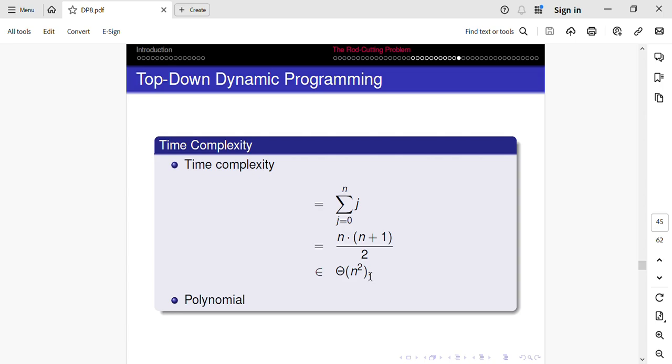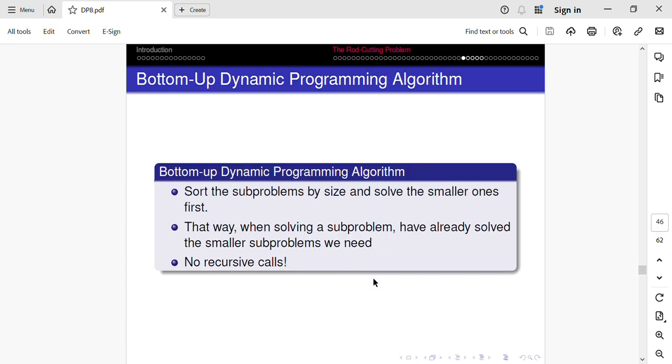So from exponential time complexity we have come to a polynomial time complexity, and the power of n is not too much, it is just 2. So we have big theta of n square from big theta of 2 to the power n, which is a huge improvement. Now we go for